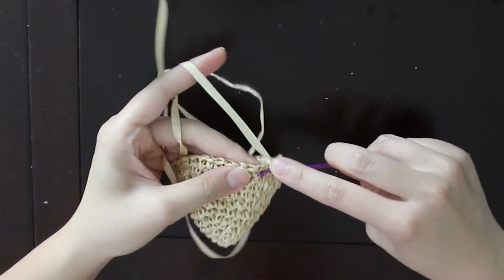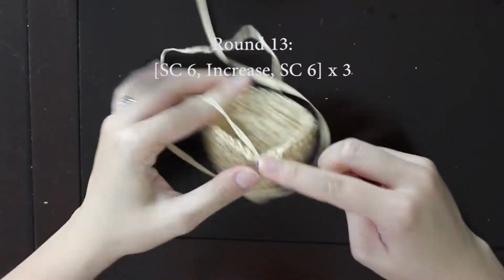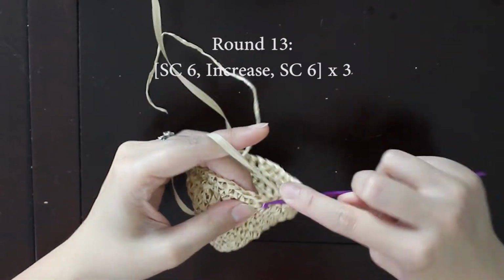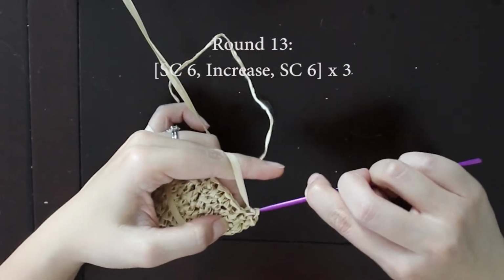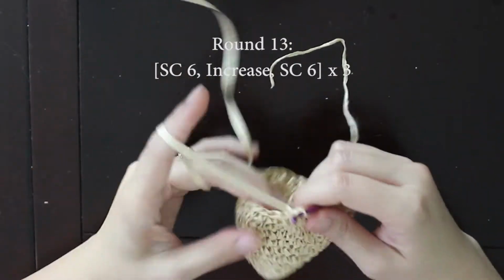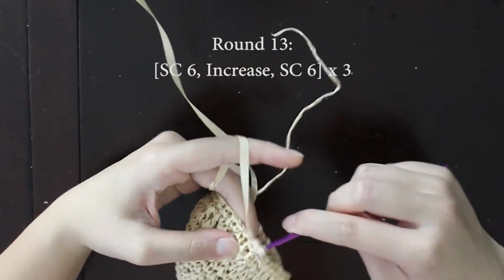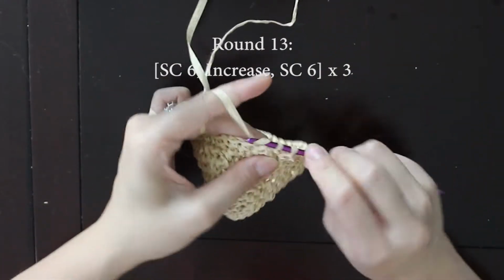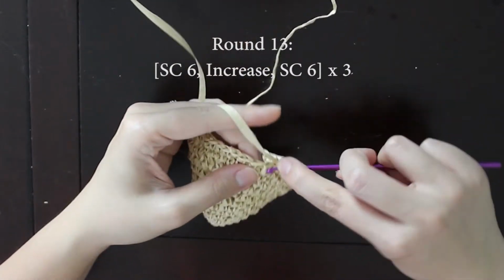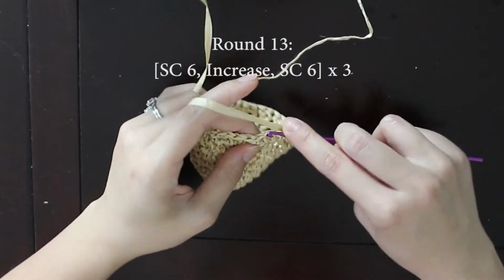Now on to round 13, we're going to start with single crochet in the next 6 stitches. So that's 1, 2, 3, 4. Just got to rearrange my raffia here. 5 and 6, and then increase, so that's 1 and 2 in the same stitch, and then single crochet 6 more,